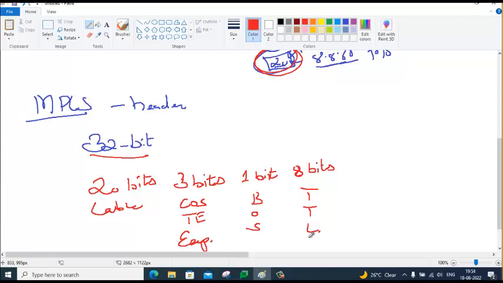This TTL field of layer 3 header is very important because the only default loop prevention mechanism that we have in an IP packet is the TTL, which is present in layer 3 header. After MPLS, our routers are not going to look into layer 3 header. Then you will lose that advantage of TTL, which is very important.